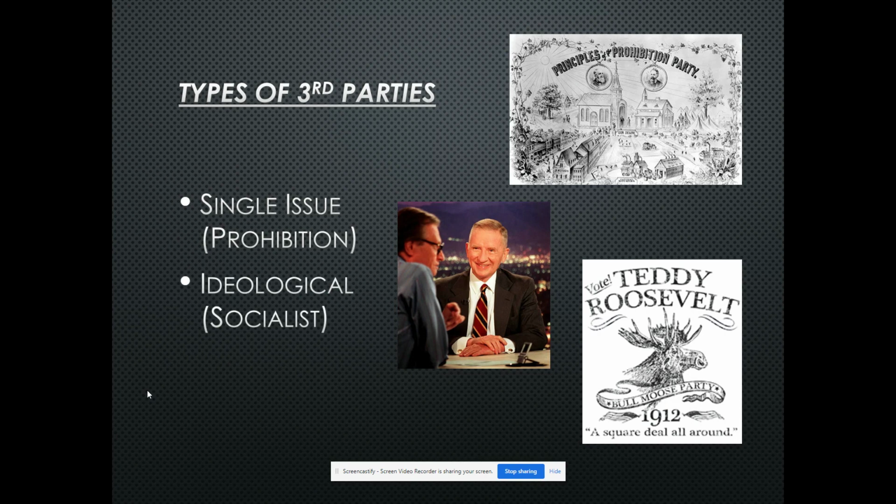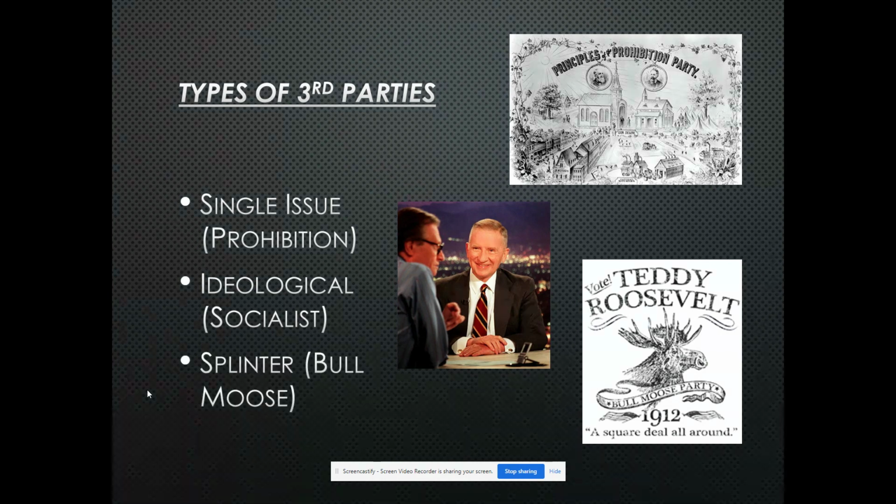Generally, what we tend to see nowadays is something that's more of what we call ideological. An ideological party is just a party that has beliefs on all the issues. They have a stance on abortion and the death penalty and taxes and same-sex marriage, etc. And so the Socialist Party is an example of an ideological party. It's about overall change, beliefs on all the issues. In fact, the Republicans and Democrats, too, of course, are ideological. It's not one issue they care about. They care about a bunch of different issues.